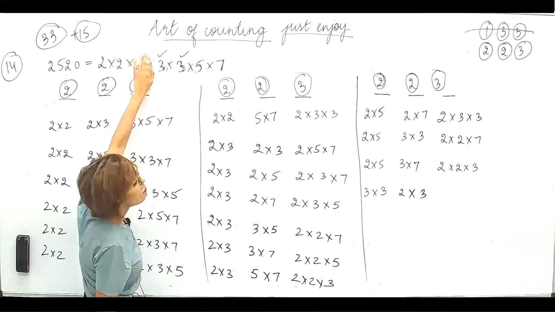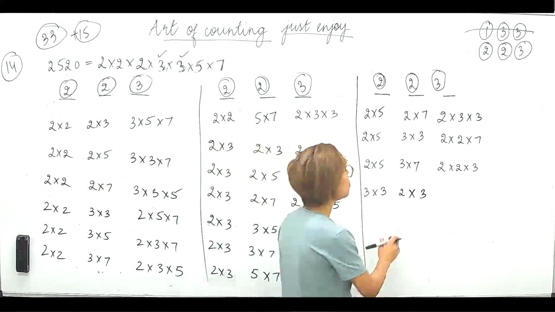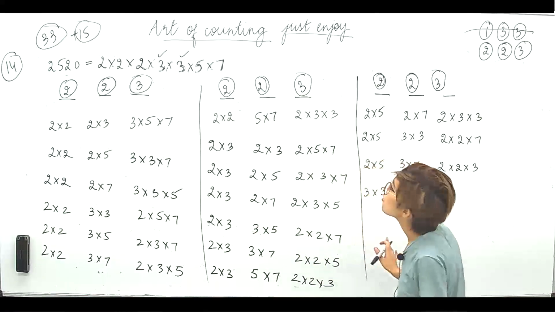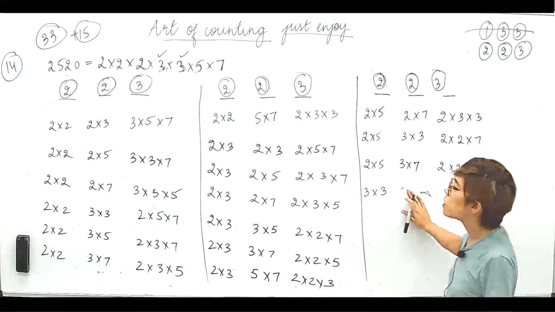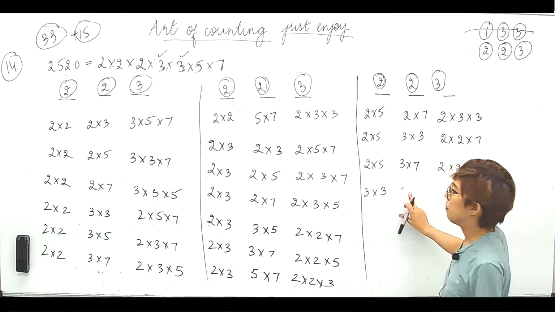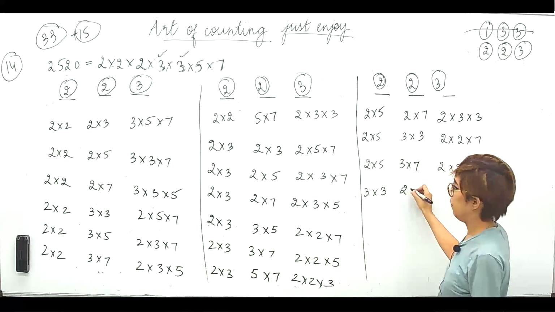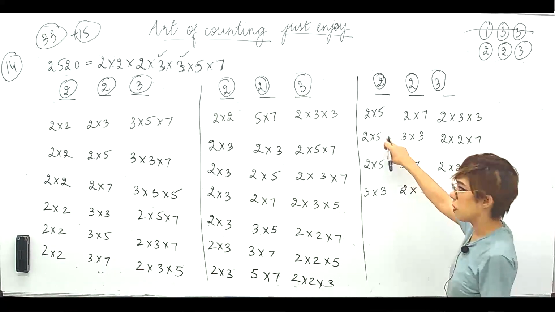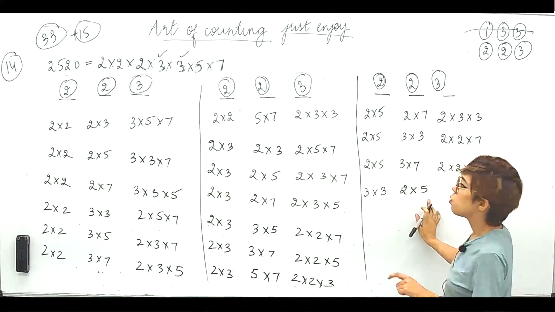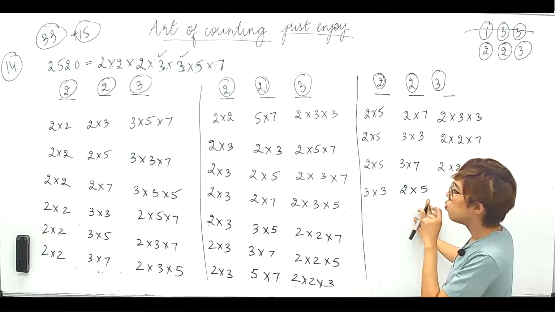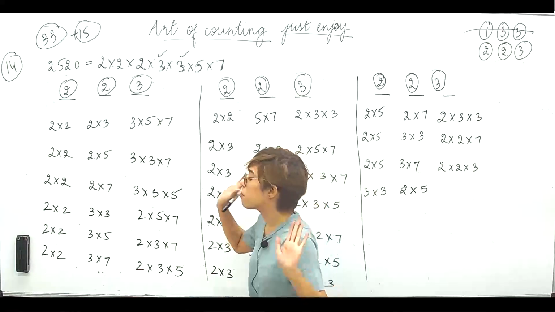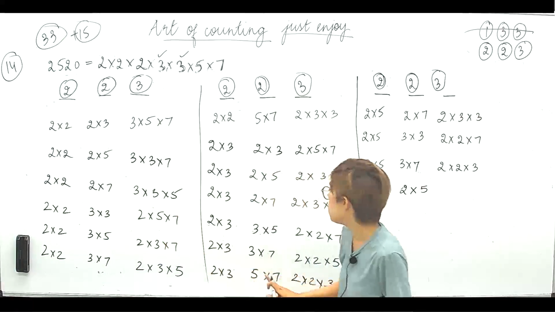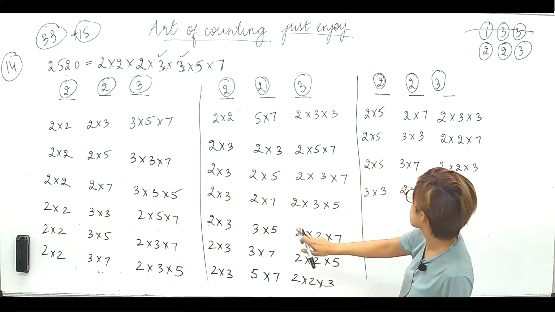So stupid. 2 into 3 कैसे हो सकता है? यहाँ पे already 3 exhausted है. Let's see मेरे पास options बची क्या है. तो यहाँ पे 2 into 5 ले सकते हैं. वो यहाँ पे ले चुकी हूँ मैं, डन, ग्रेट. 2 into 2. ओके, अब सिस्टमैटिकली चलता है. 3 into 3 के साथ 2 into 2 ले चुकी हूँ. 3 into 3 के साथ मैं 2 into 3 ले चुकी हूँ.